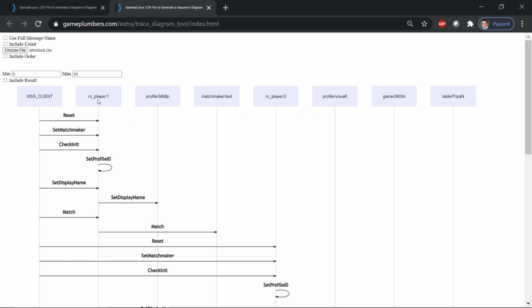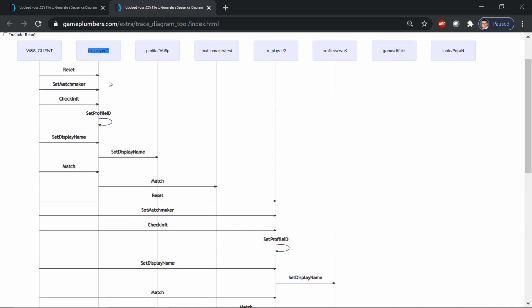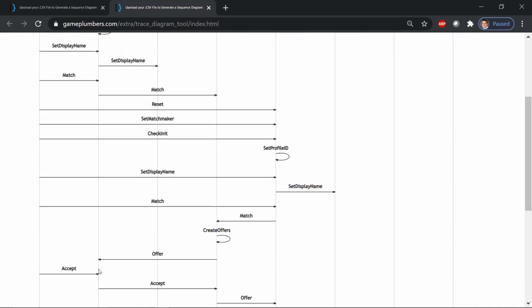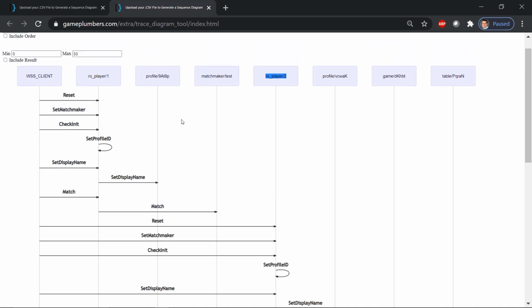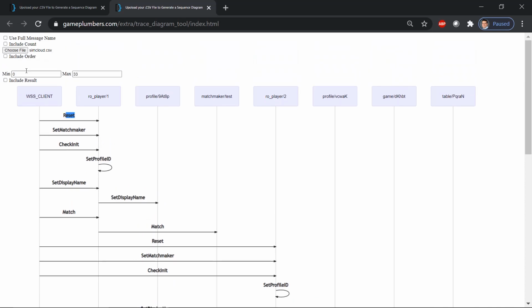And our client basically has a player that it's associated with. This player is synchronized. So we really have two versions of this player. One of them is on the client and the other is in the cloud. And for simplicity, we make it look like it's just one entity, but there is kind of a network connection that's bouncing between these. And as we see, we have this other player. This is the player we're going to play against. And we're sending these